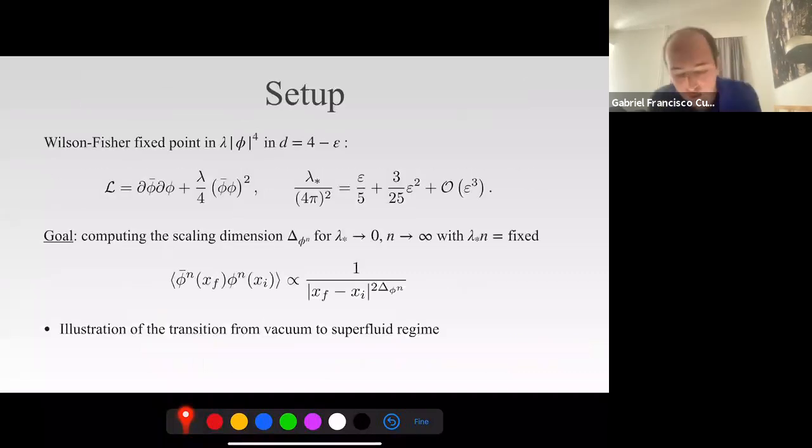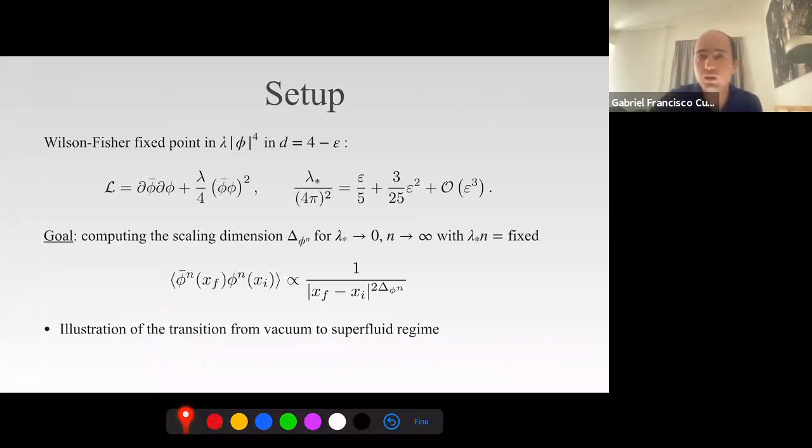So let's see how this is borne out in a simple example. I know some of you have already heard this often, but I think it's still useful to put it in order. Consider the simplest example one can study for large charge operators: clearly the Wilson-Fisher fixed point with U(1) symmetry. In general, it is the simplest interacting conformal field theory we know that we can study in 4 minus epsilon